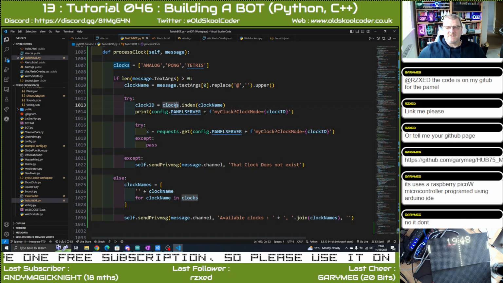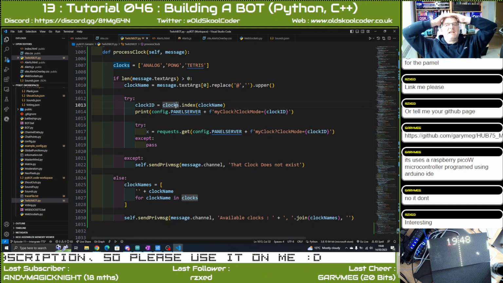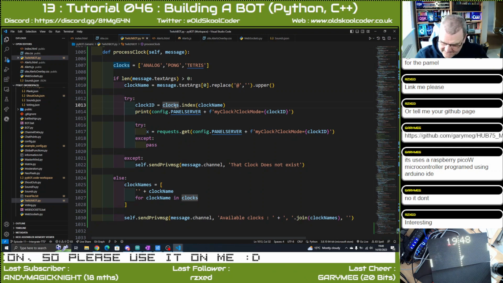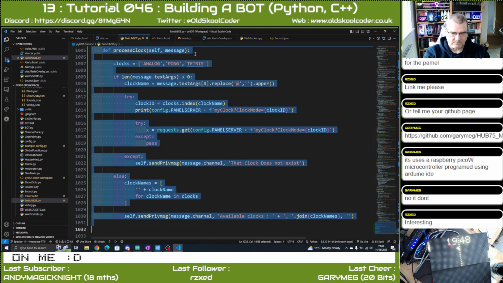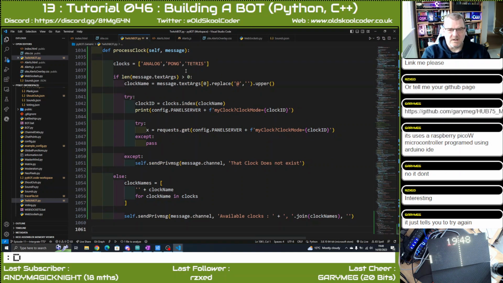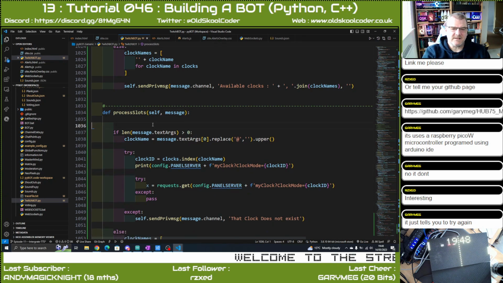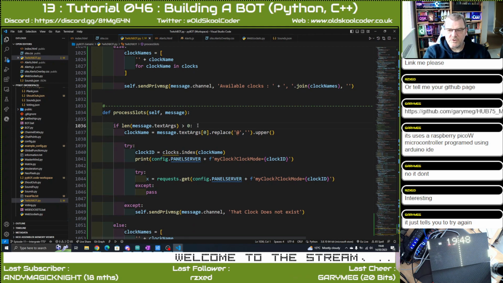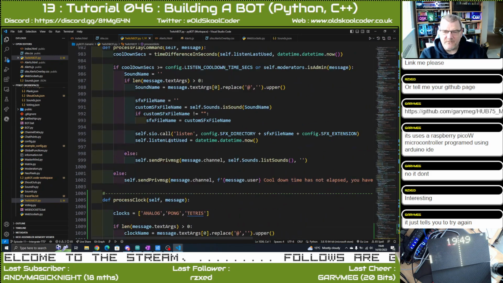Oh, it don't. Okay, so I don't have to check for it. Right then. So let's start working on the slots. So I'll just grab that. So process slots. So we don't need that. We do need to check that they've put a bet there. If they haven't put a bet there, in fact,